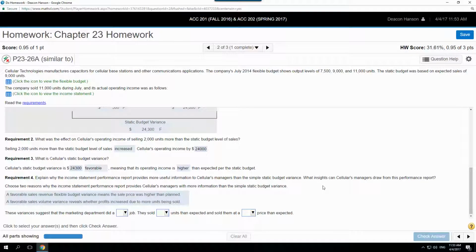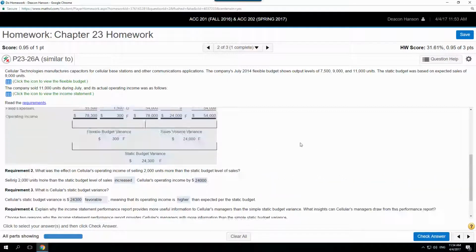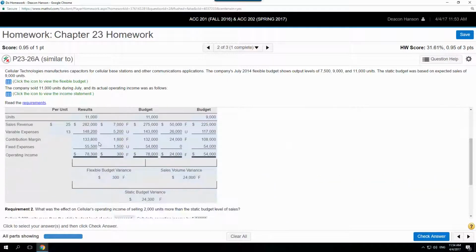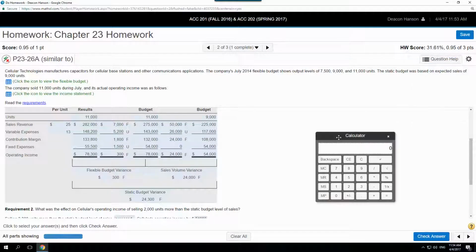All right. Let's see. These variances suggest that the marketing department did a good job because they sold more than they expected to. They sold 2,000 more, right? They sold more units than expected and sold them at a higher price. They sold them for more than $25. If you wanted to know how much they sold them for per unit on average, we could easily come back over here